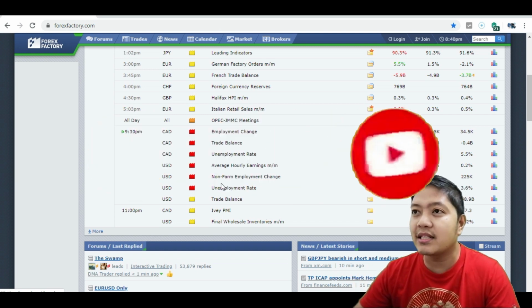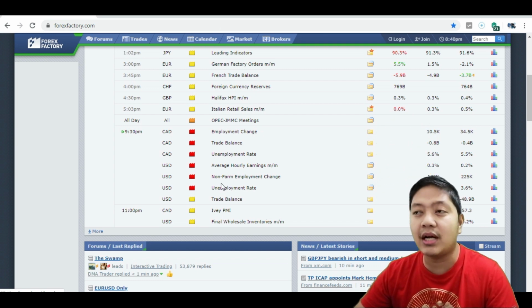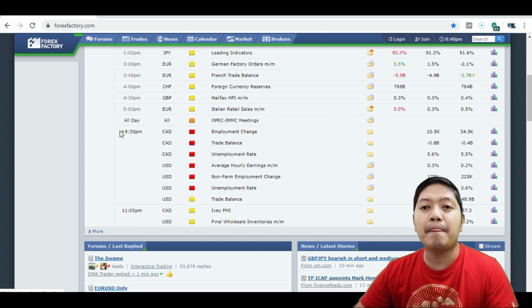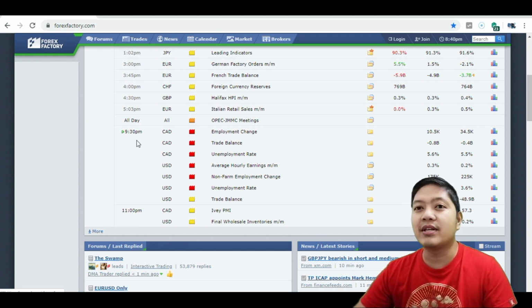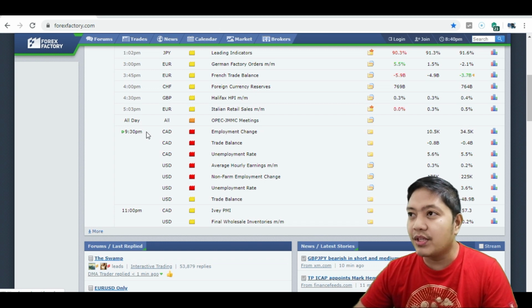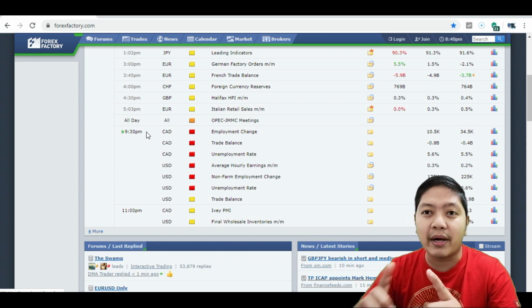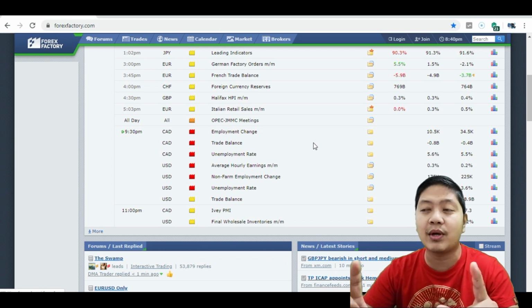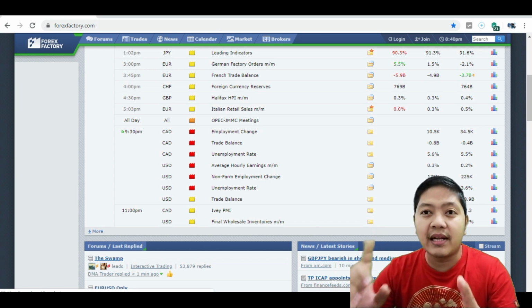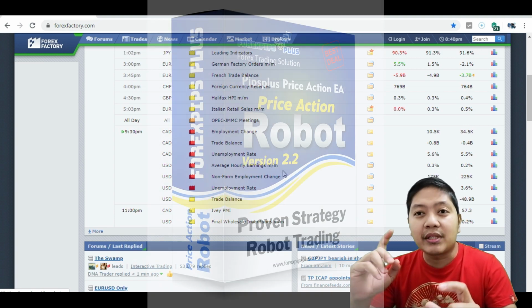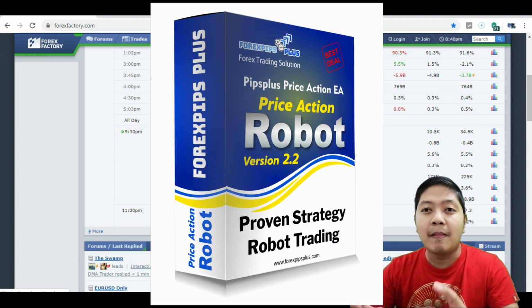So you can see here it's about 9:30 p.m. in Asia because I'm living in Asia. So it's 9:30 a.m. US and Canadian time, right? So this is the big news in the forex market, where two currencies that are our favorite, Canadian and US dollar, are released, and you would normally trade using this particular EA or robot,